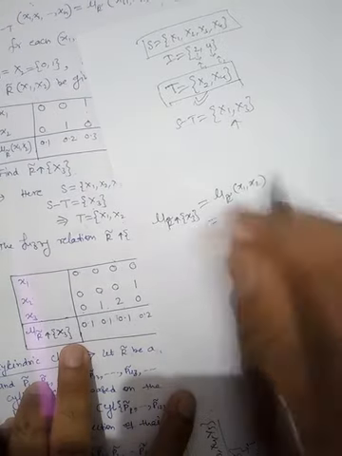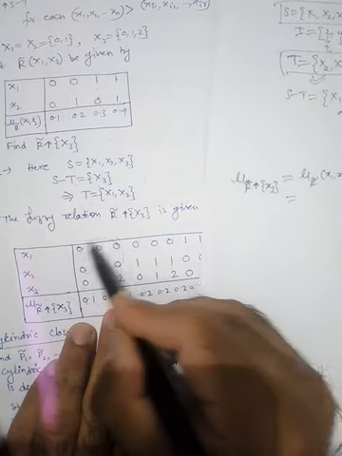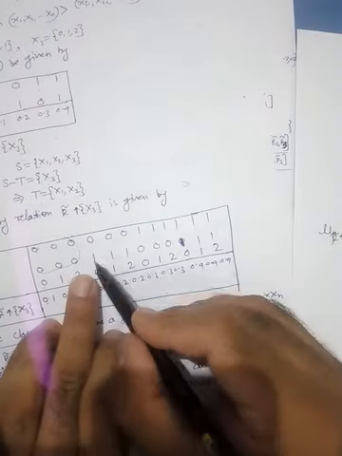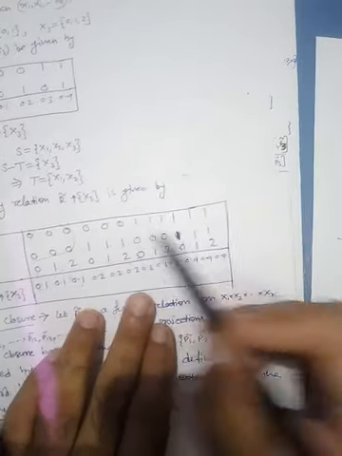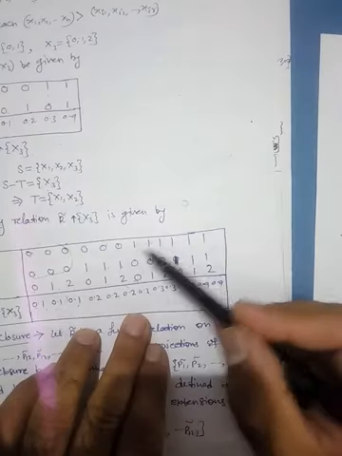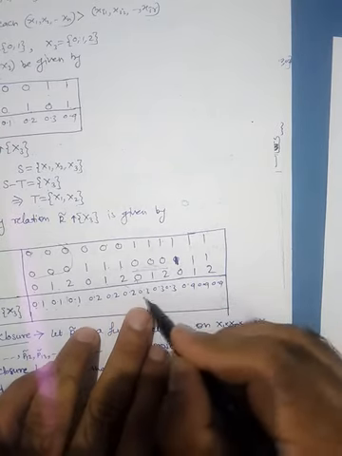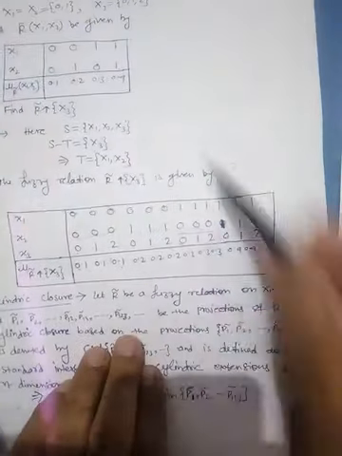So here x1 x2 is 0 0, and here the membership of 0 0 is 0.1. So that's why 0.1, 0.1, 0.1, because in all these three cases we have 0 0. Now the next one is 0 1 and membership is 0.2. So 0 1 0, 0 1 1 and then 0 1 2. So membership will be 0.2, 0.2, 0.2. Similarly the next pair is 1 0. So here is 1 0 0, 1 0 1, 1 0 2. For these pairs the membership value will be 0.3, 0.3, 0.3. And similarly for the last pair 1 1 the membership is 0.9. So 0.9, 0.9, 0.9. So this is the cylindrical extension.